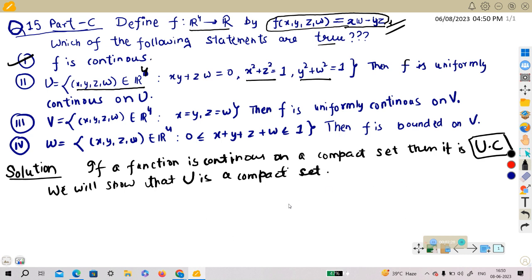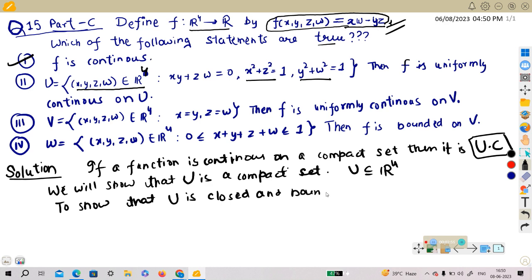Okay, as U is a subset in R4 and we know in Rn a set is compact if and only if it is closed and bounded. So all we need to show is that U is closed and bounded. Okay, first of all, to see U is bounded,